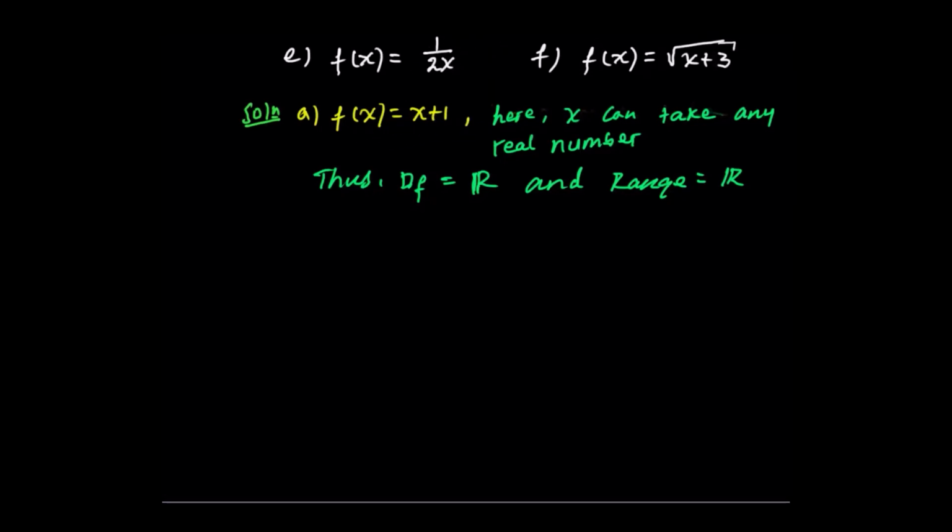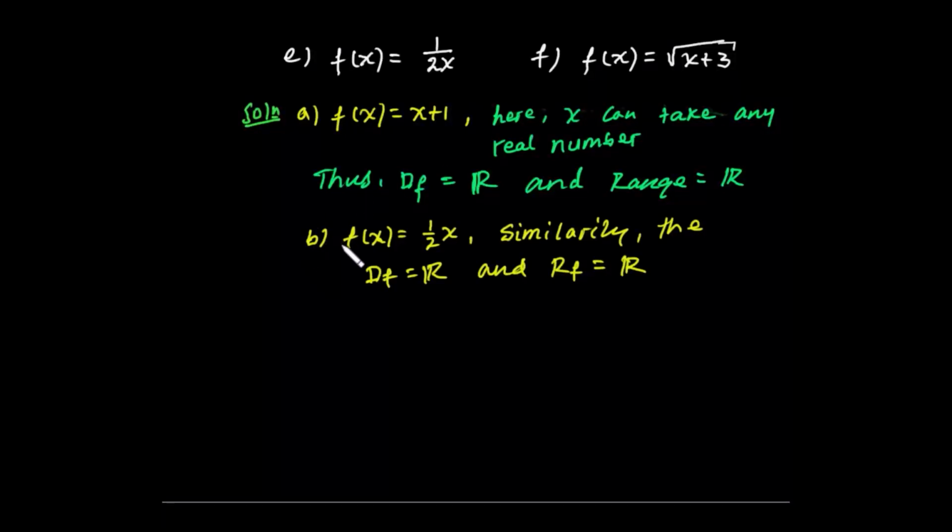Okay, b: f of x equal to half x ነው። ከመጀመሪያው ጋር ልዩነት ብዙም የለውም፣ half x መሆኑ ብቻ ነው። ስለዚህ x can be 0, x can be positive, x can be negative, so the domain of the function f is the set of all real numbers። so for any positive value of y or f of x we can find x። f of x equals to 0 when x equals to 0, f of x becomes negative when x is negative። ስለዚህ ሬንጃችንን በተመሳሳይ መንገድ the set of all real numbers ነው።